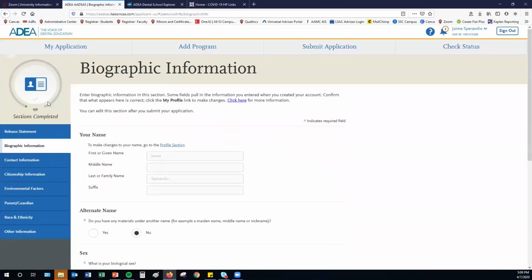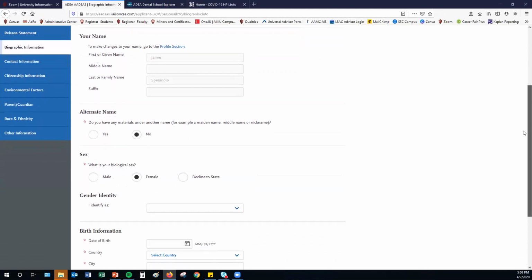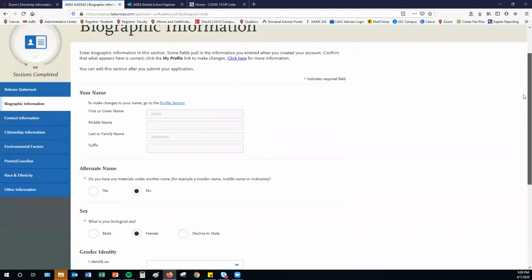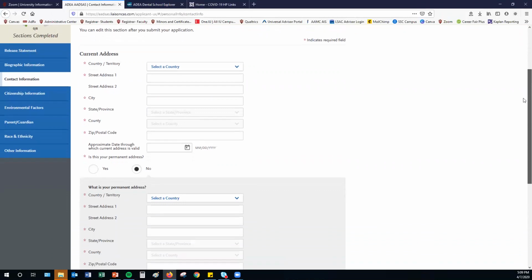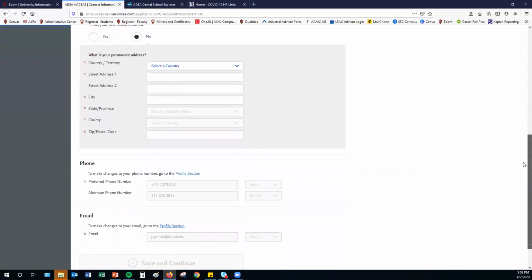The next section is your biographic information, which asks information about your name, sex, and birth. The third section is your contact information, where you will provide information about your current and permanent address, phone, and